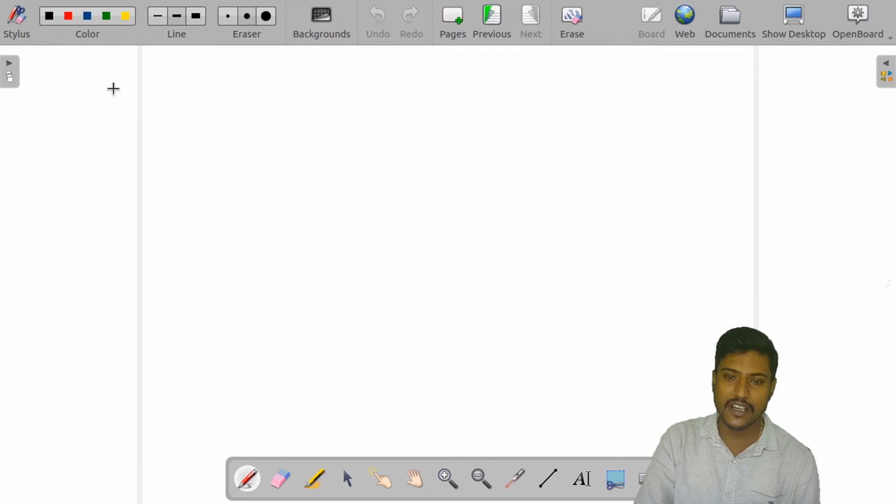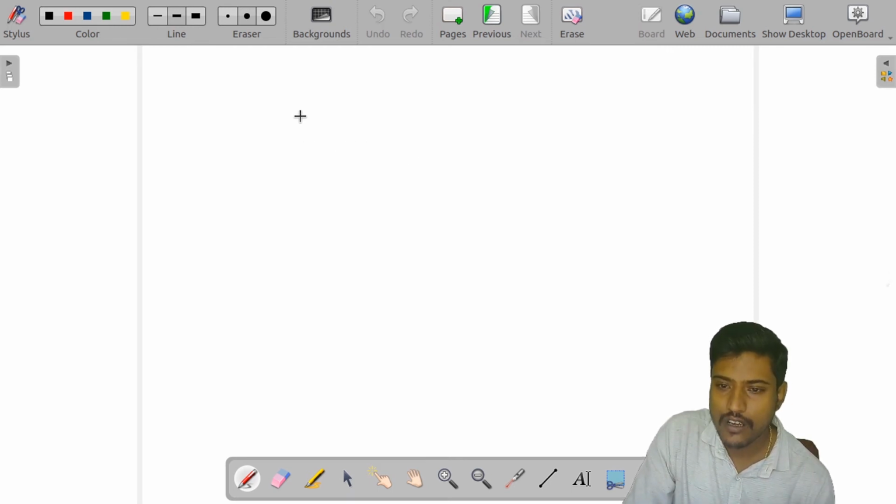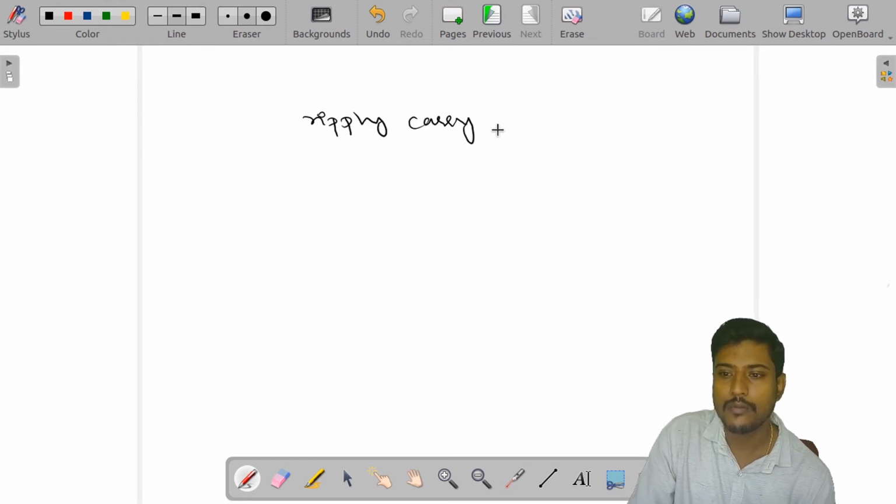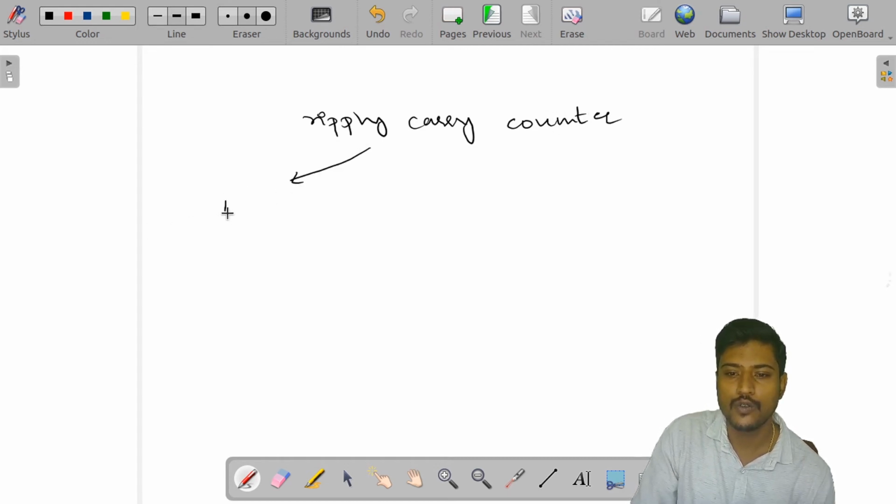Now, let us take a different example to understand this. Let me go back to the ripple carry counter. In this approach, the ripple carry counter was divided into 4 different flip flops.